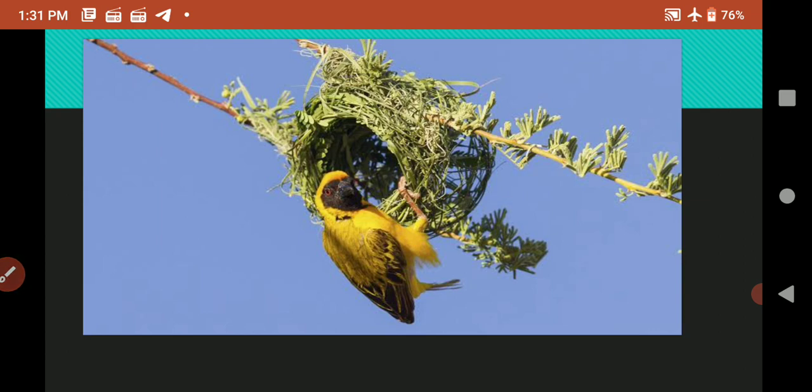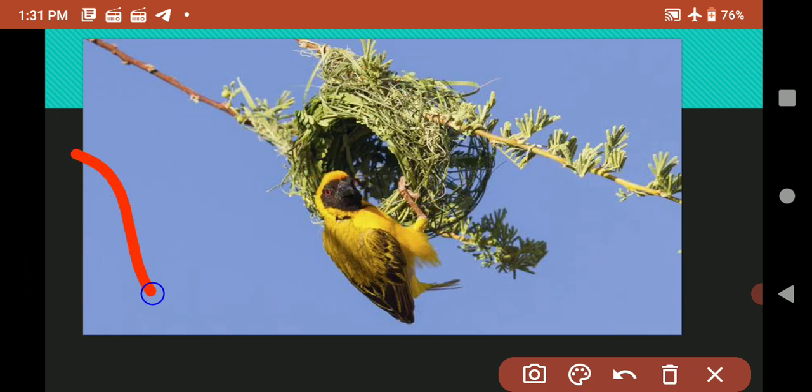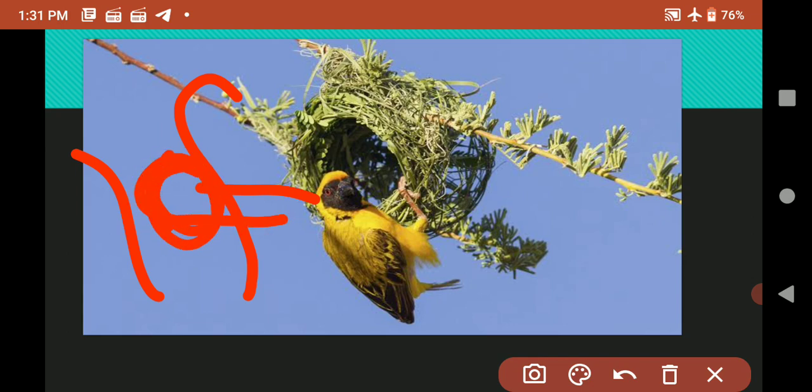Birds such as pigeons and sparrows collect twigs, grasses, leaves, etc. to make their nest. Woodpecker makes its nest by making a hole in the trunk of a tree. See, this is the trunk. They make a hole in the trunk of a tree with the help of their beak, and they live in this hole. Such a hole is the nest of which bird? Nest of woodpecker.